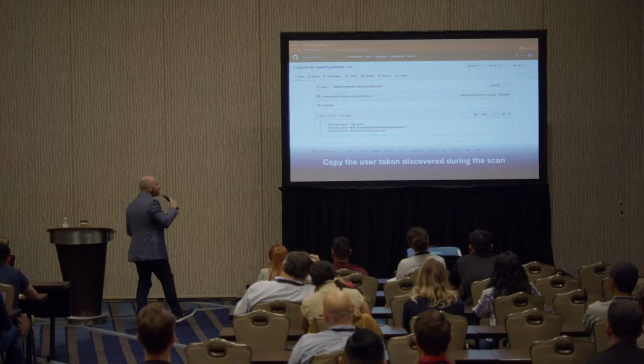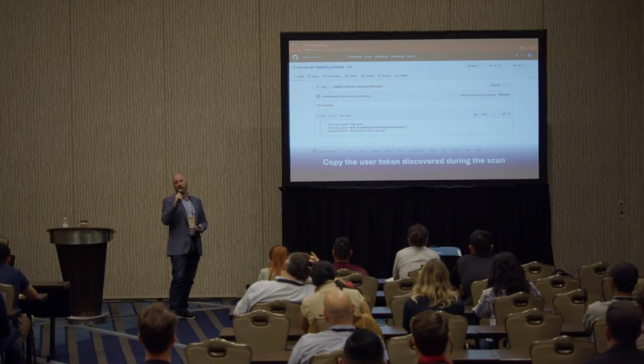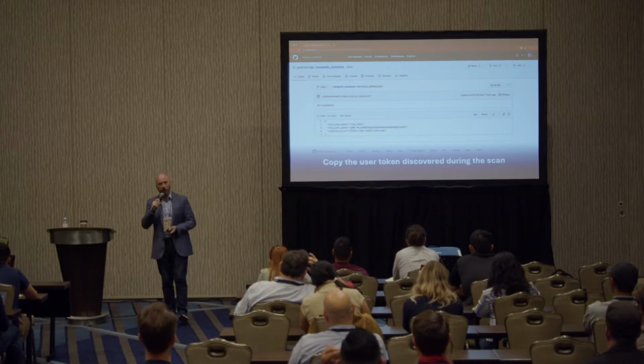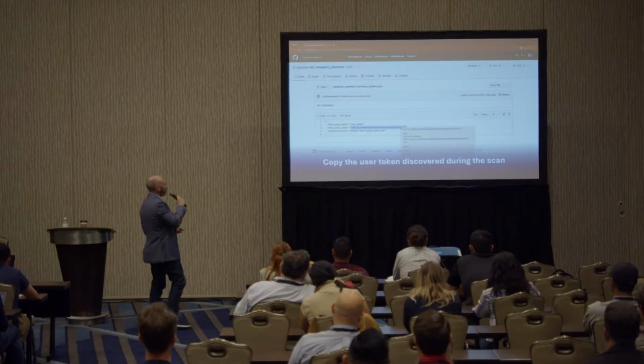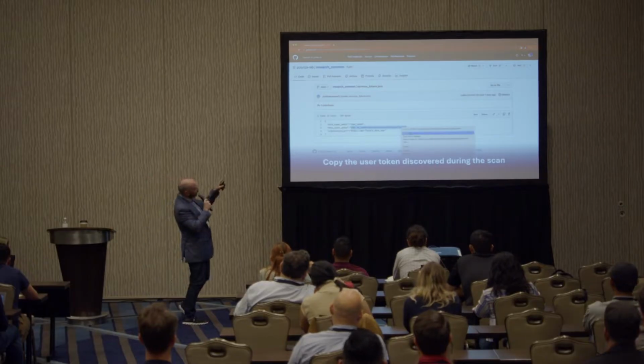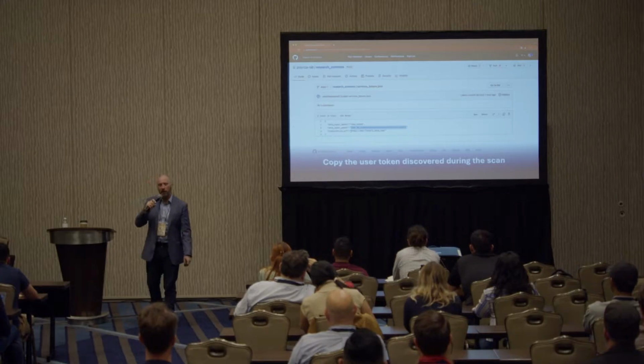In this case, this authentication token is open to the internet. I'm the attacker. This is awesome. What is this authentication token? What can I do with it? Well, let's find out. So I'm going to copy this over. Spoiler alert, if you can read there, you can probably figure out what this authentication token is. I can see that it's an Okta token.